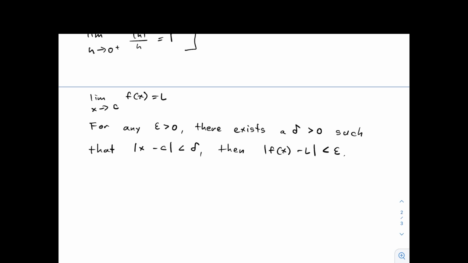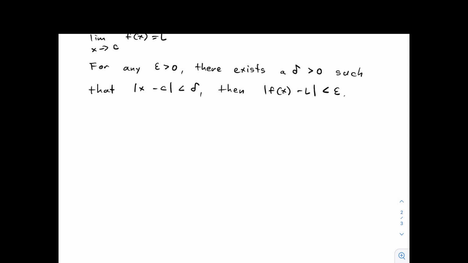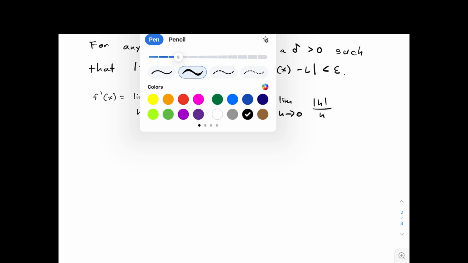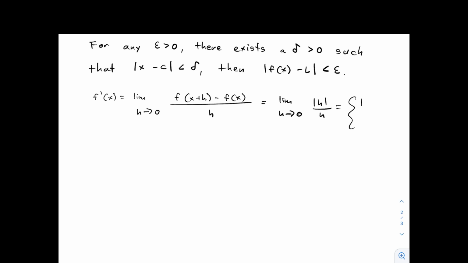Well, if we then apply this formal definition to our same limit definition of the derivative, which is, once again, this, and we said earlier that this ends up being the limit as h approaches 0 of absolute value of h over h. Well, now, giving us this formal framework, if we go the smallest possible amount in the positive direction, right, then this will go to positive 1